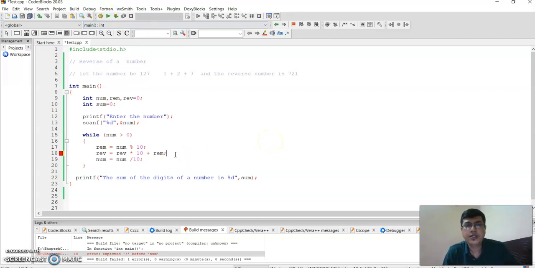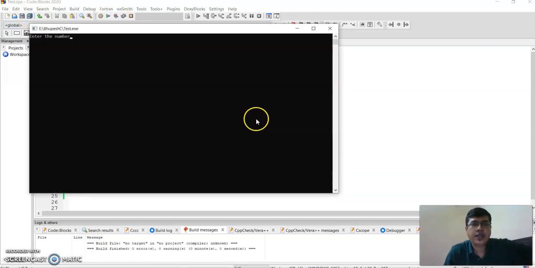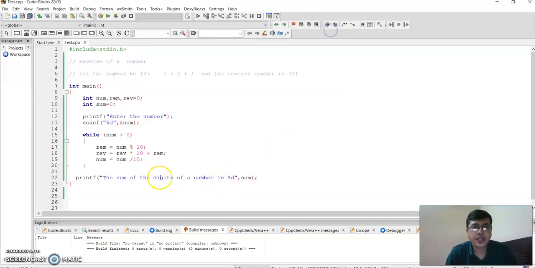Semicolon, great. Save, and I'm running it. My number is 127, and it should give me 721. Oh, I have to change this also, and I put sum also.